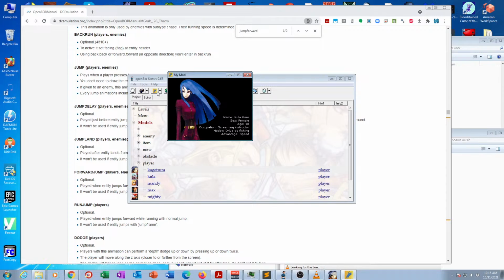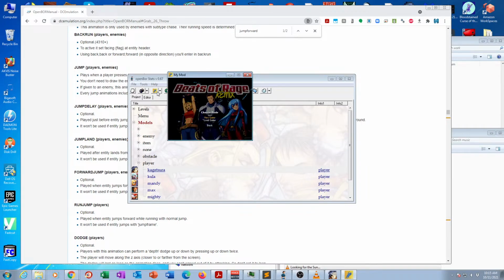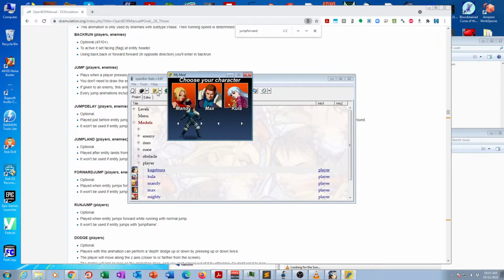So just showing how to take the sounds from the Mugen character and add them to this one. But I just realized I was just playing through the game and didn't realize